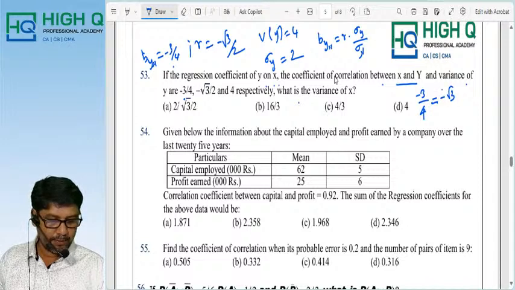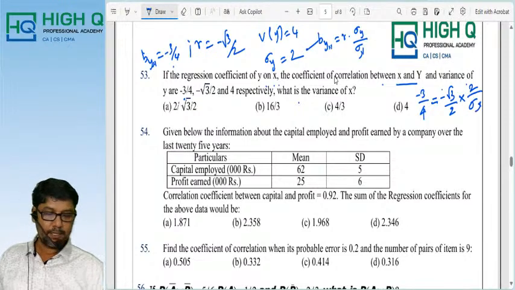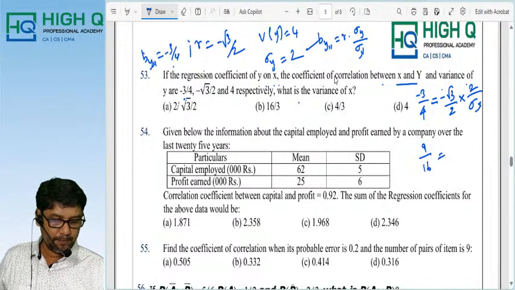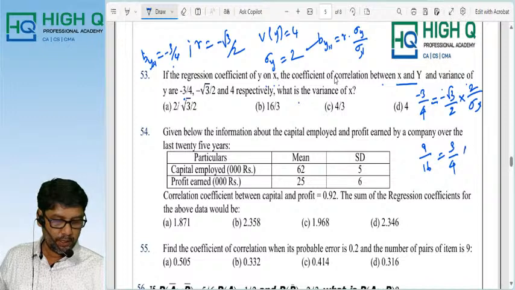Minus root 3 by 2 into sigma y by sigma x. What is sigma y? 2 by sigma x. Now square it on both sides. 9 by 16, 3 by 4 into 4 by variance of x. 4 4 cut, 3 3s are 9. Therefore variance of x is equal to,